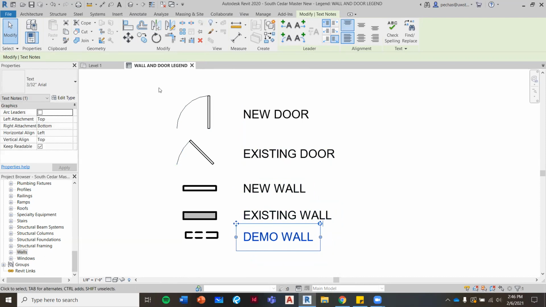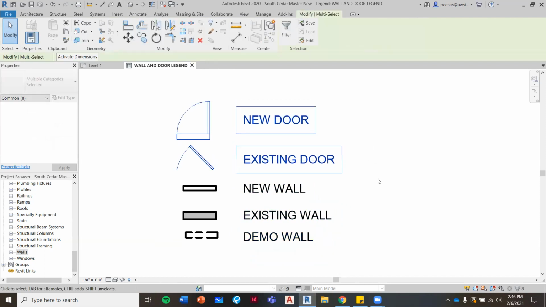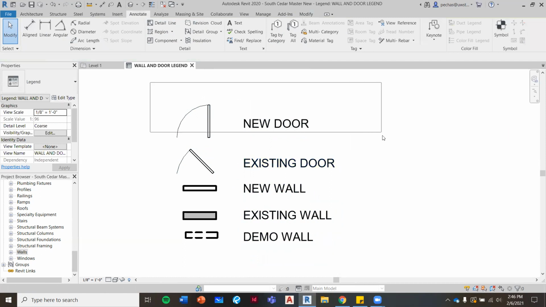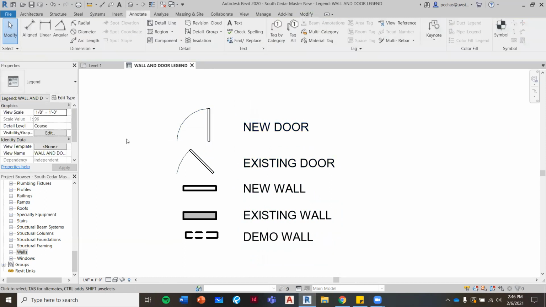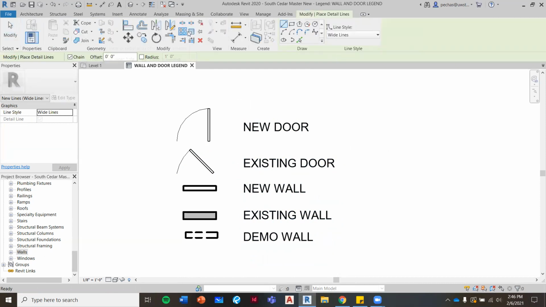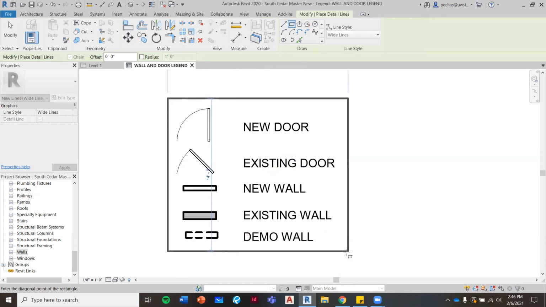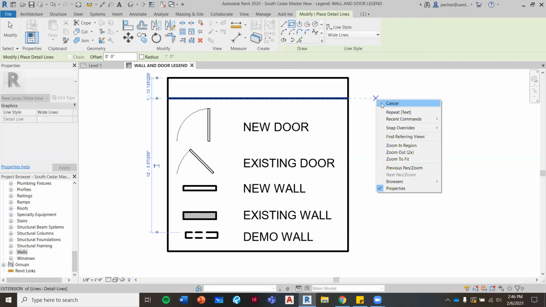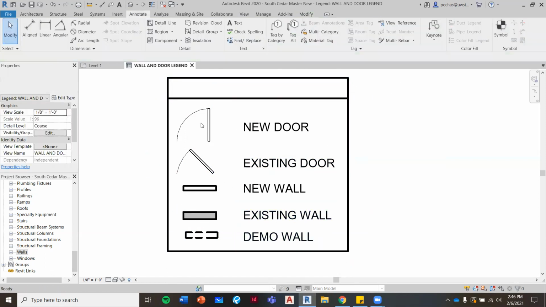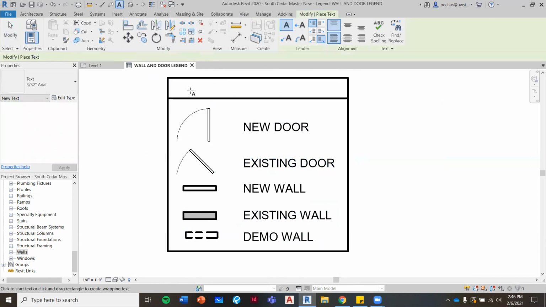And you might want to space yours out different. These can come down. This can come down. Again, you might want to space yours differently, and then I'm going to use my detail line to draw a box, and again, you can do this however you want. This could be a thick line, this could be a thin line, whatever you want it to be. How you make these look is up to you,